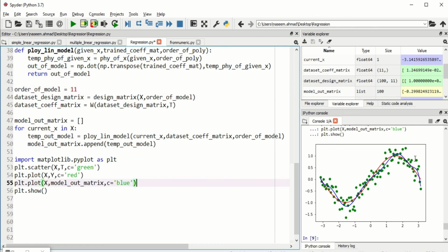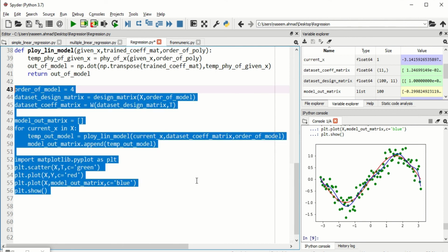As you can see, by analyzing the data points which we created using the sine function, red is the sine function and blue is the output of the model itself, and it depends very much on the order of the model. So by our analysis, 4 was the perfect value of this model order, and we can use it for working with any sort of output.